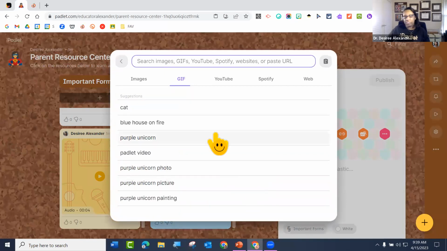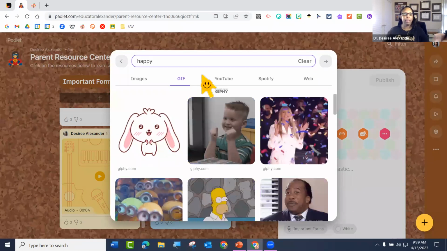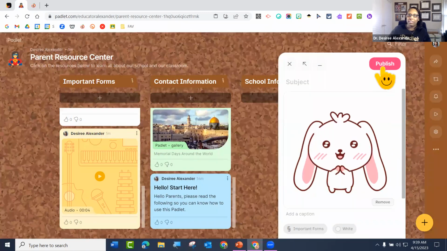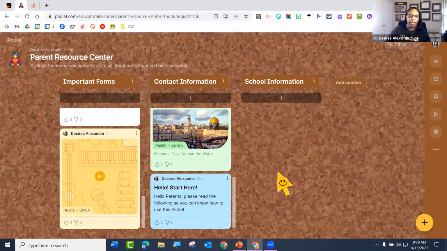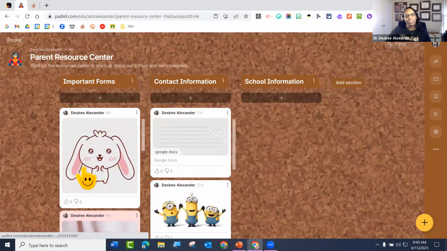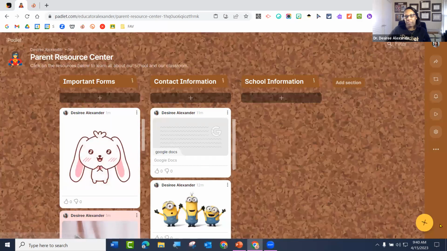You have GIFs or GIFs. I'm not going to fight you on that, but GIFs or GIFs. So I can come here and say, a happy GIF. So I use him a lot. I like him. So there you go. So I can put that here. And now I don't know where I'm adding stuff to now. So there you go. So I have it in my happy GIF here.